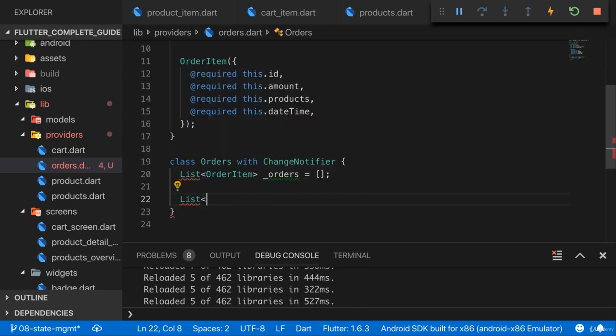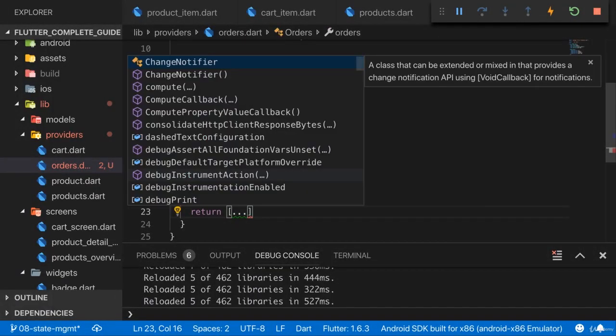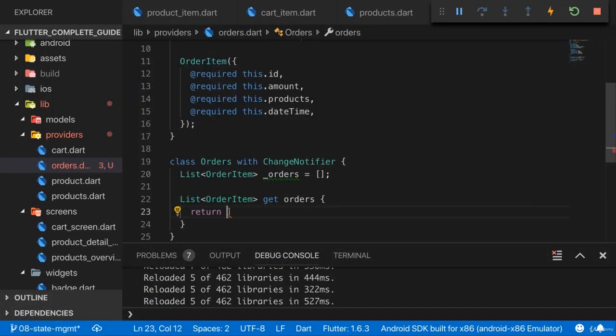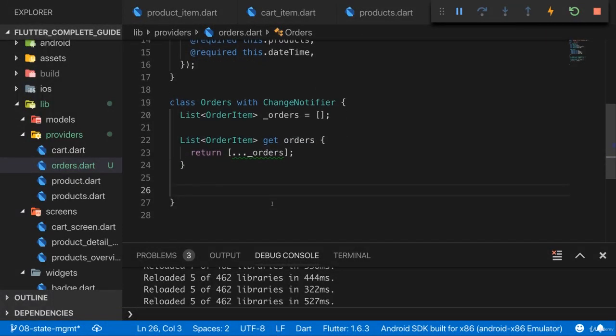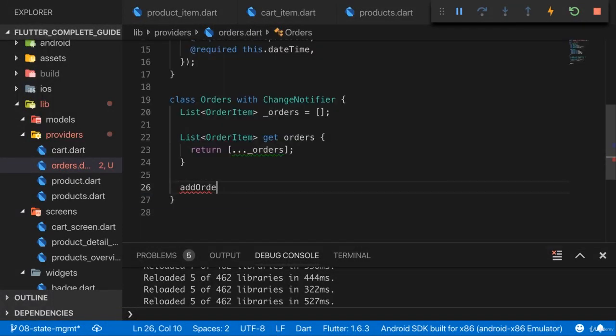And then here we can already add a getter, which returns our order items, named orders, which returns a copy. Again, by creating a new list with square brackets, and then using the spread operator to take some items and move them into this new list. So here, the items which are part of orders. And I'm doing this so that from outside this class, we can't edit orders. Now what I need here is, of course, an add order method,